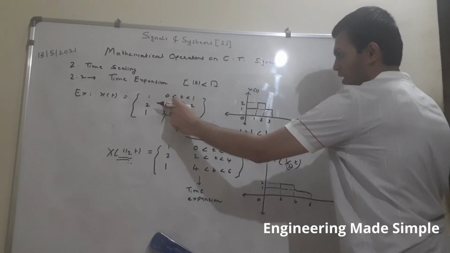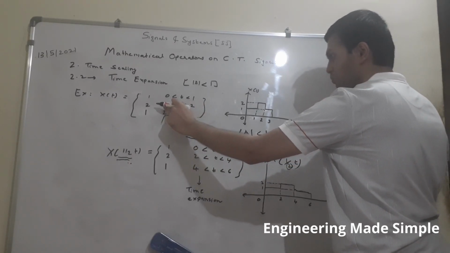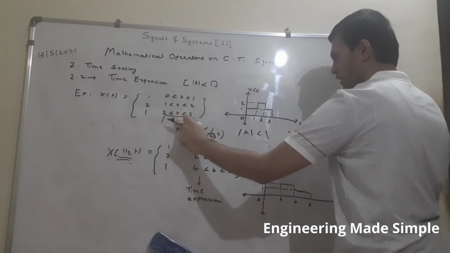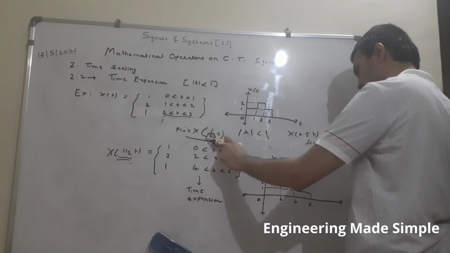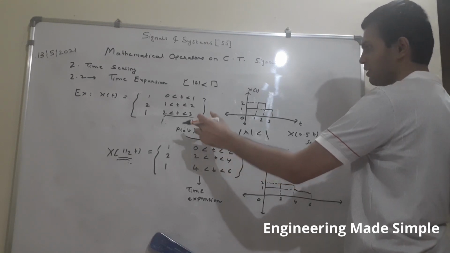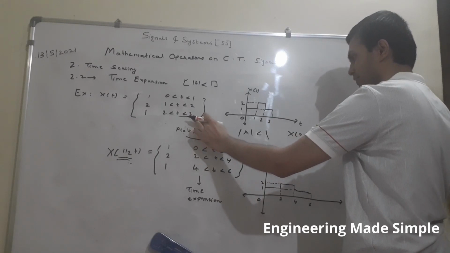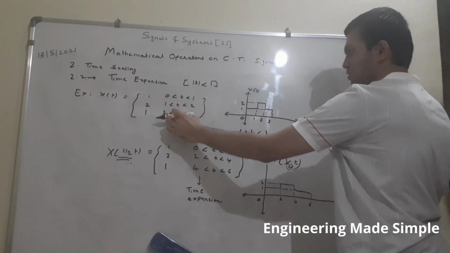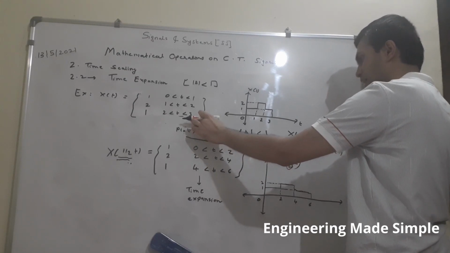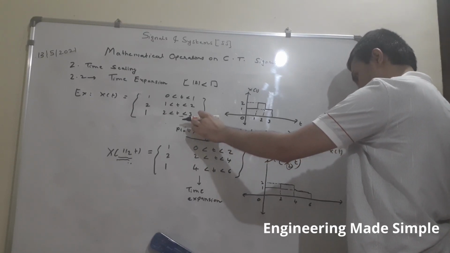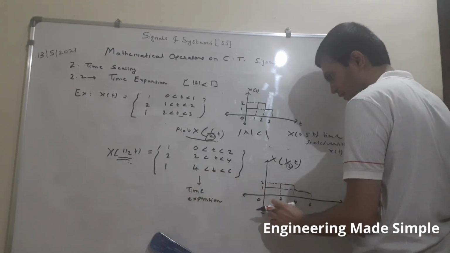Here also, this is 1 to 2, so when we are plotting this will change to 2 to 4, and here also we have to multiply the time interval by 2 because in the signal equation it is divided by 2. So that's the reason when we are defining the signal we have to scale or expand the time axis. So this is 2 into 2, so this would become 4, and this time interval would become 3 into 2, that is 6. So this is how we have expanded the signal in time.